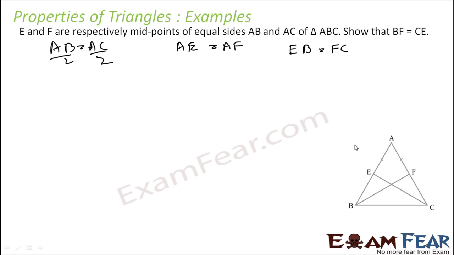So we have to show that BF is equal to CE. Where is BF? BF and CE. So we can do that actually. We know that this part is equal to this part. This is a common part. And they are equal sides, so this angle is equal to this angle. So we can actually prove that in this triangle, and the other triangle that we draw in green, these two triangles are congruent. To prove that, let's do this.